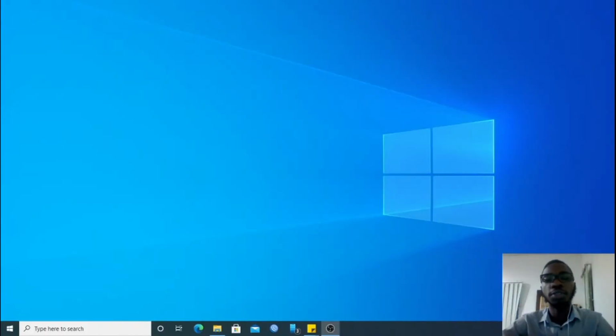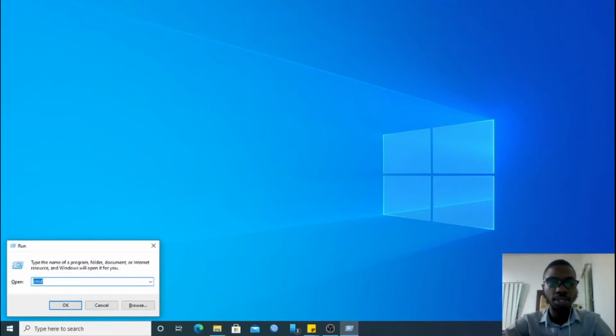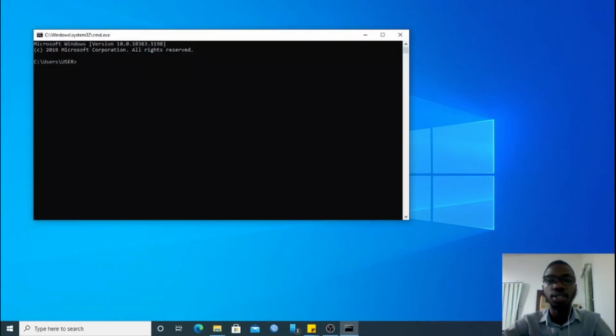Before talking about the various commands, I just thought it would be nice for you to know the various command line interface options that are available. Of course, this is targeted at Windows users. When I have money, I can talk about MacBook users. So the very first option that ships with Windows is CMD. And to be able to access that, simply press Windows and R and type in CMD, then OK. Then it gives you this generic command line interface.